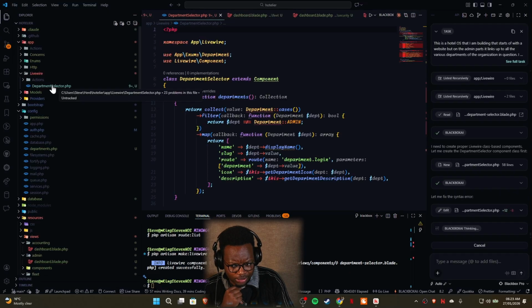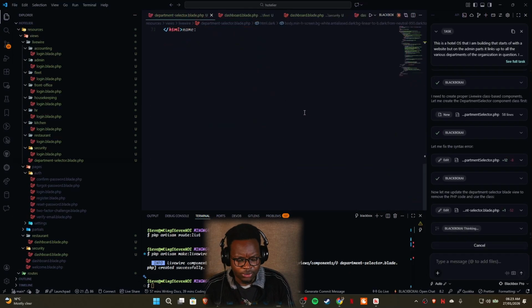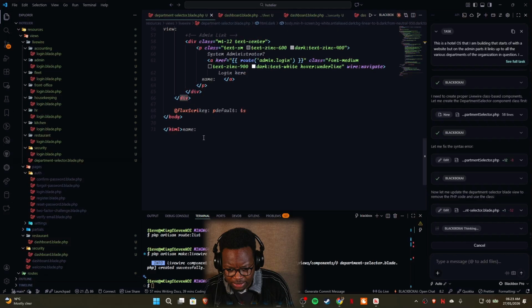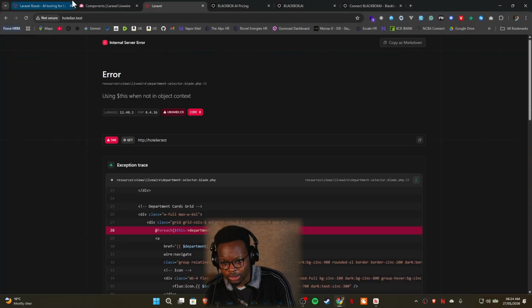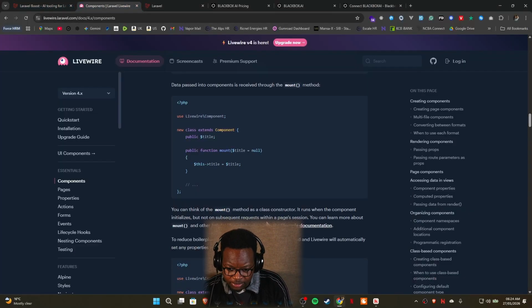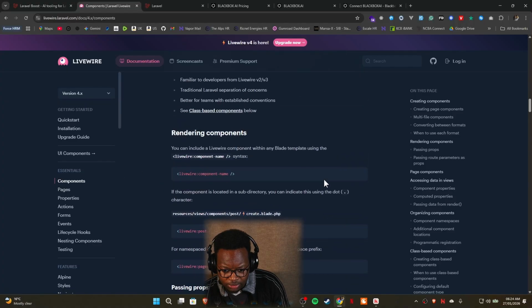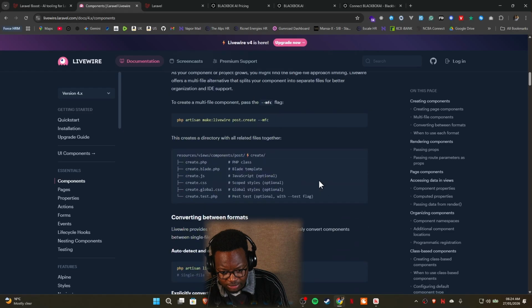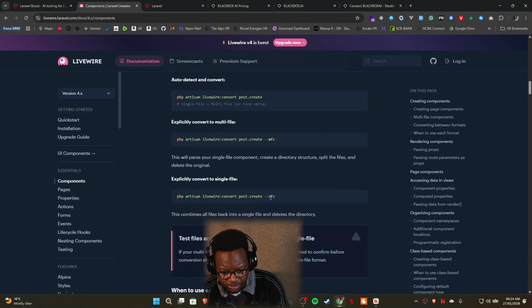That's shocking. Oh, that makes sense now. But one thing that I've just realized is that it's not updating the way we'd expect it to update. Like you see, this is the Livewire component. We're using single file components, right? So if we're using single file components,